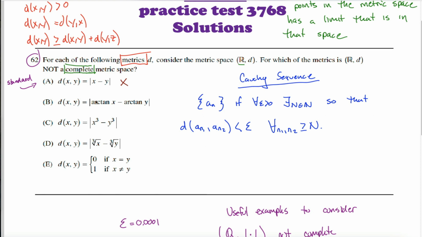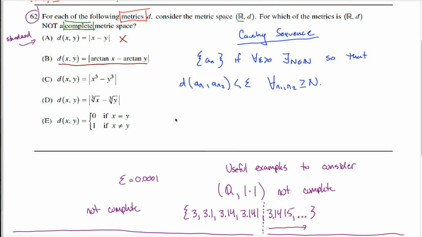But what if we consider this kind of strange notion of distance? The distance between two numbers is the absolute value of the difference in their arctangents. So if I asked you how far apart are 0 and 1, what you would do is you'd think back to your unit circle and you'd remember that the tangent of a given angle is just the slope of the line on your unit circle connecting the origin to that terminal point. What I'm saying is the tangent of pi over 4 is just equal to 1. The arctangent is the inverse of this function defined from negative pi over 2 to positive pi over 2.